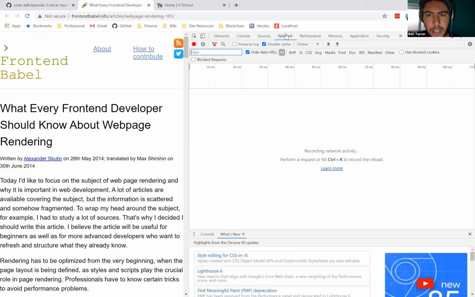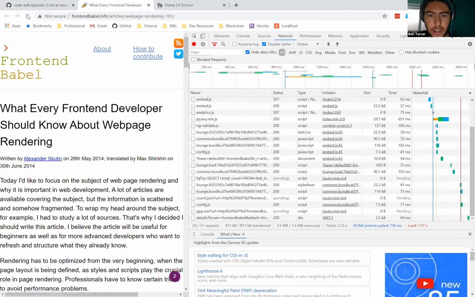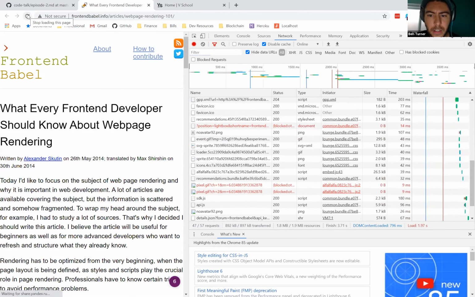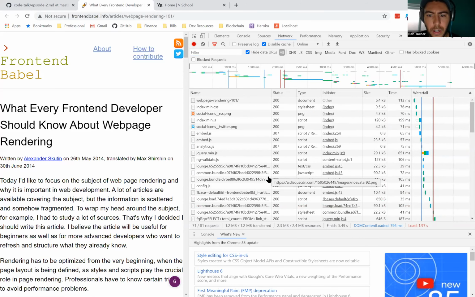So this network tab basically gives us information about what our browser is requesting. If I refresh the page, we should see a bunch of stuff happening. Holy crap, that's awesome. So, what is this?